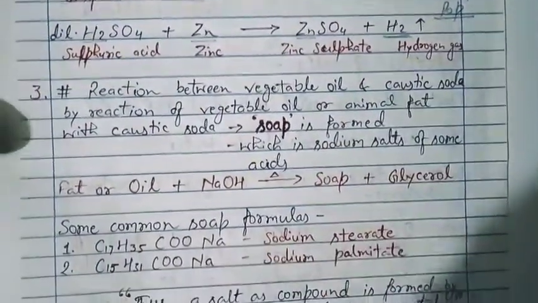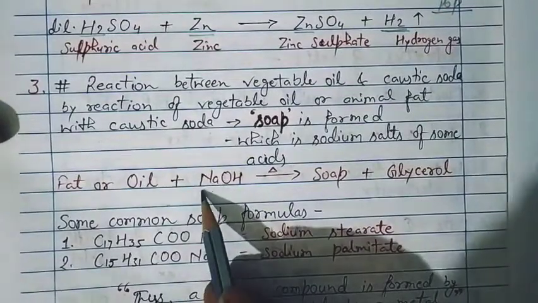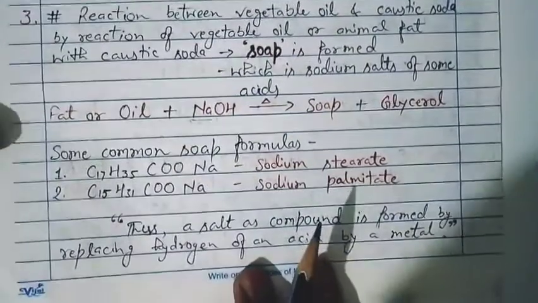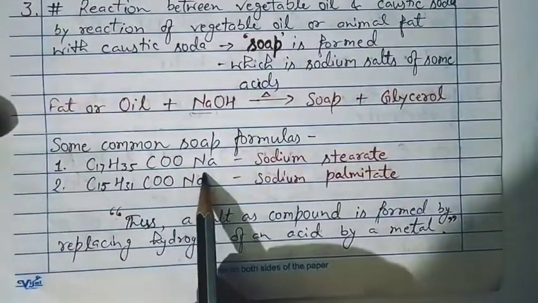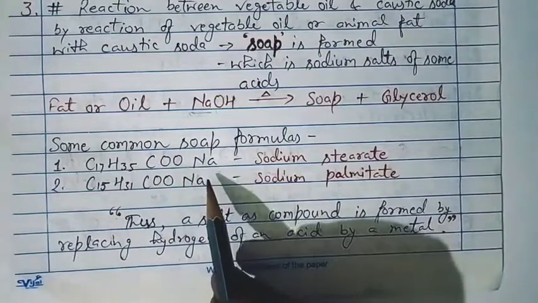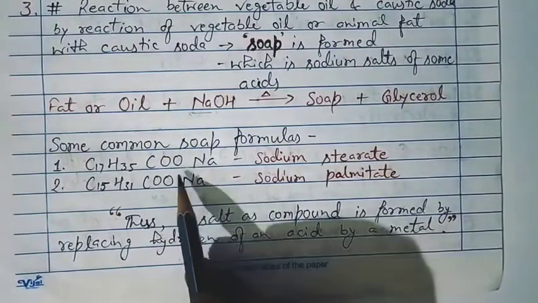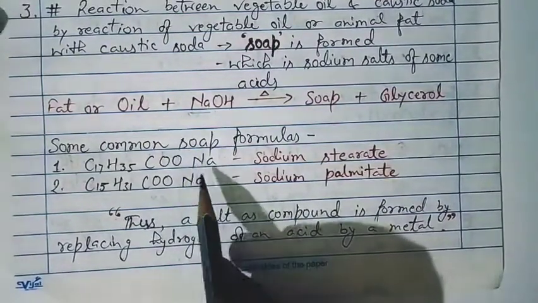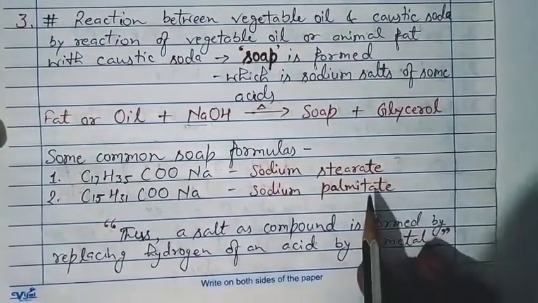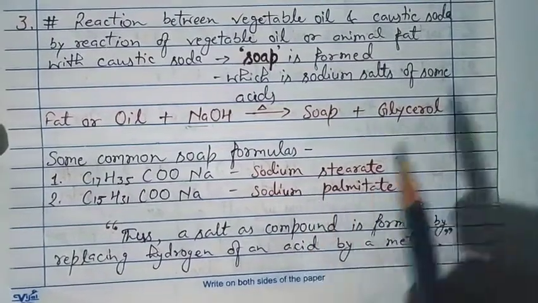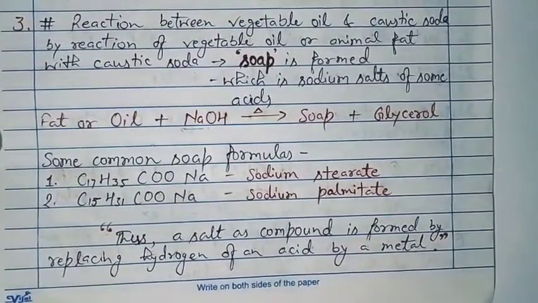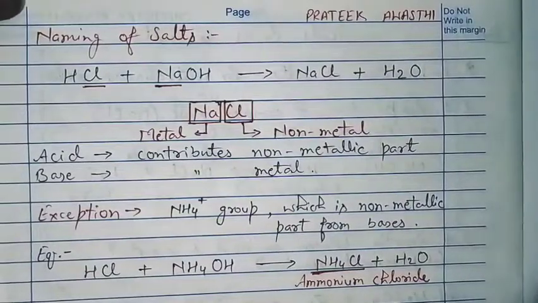And in this reaction also, you will see that sodium is adding on the fat and oil compound and forming its own compound from where hydrogen is replaced. Means this is actually a stearic acid from which hydrogen is replaced and sodium is added. That you will study in senior classes, so I am not going into detail. So these are the basic preparation methods of salts and important points about preparation of salts.